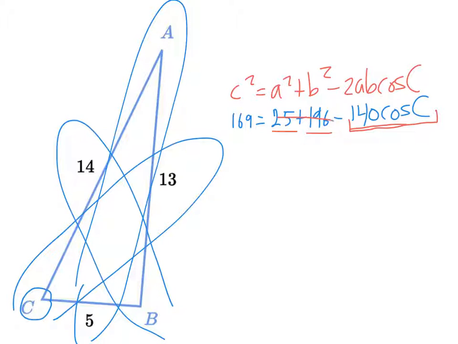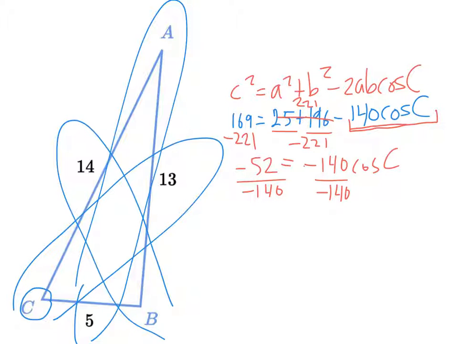I'm going to subtract 221 from both sides. When I do that, I've got negative 52 and negative 140 cosine of angle C. Let's divide by negative 140. And then we're going to do inverse cosine of that fraction. So 52 over 140. And when I do that,